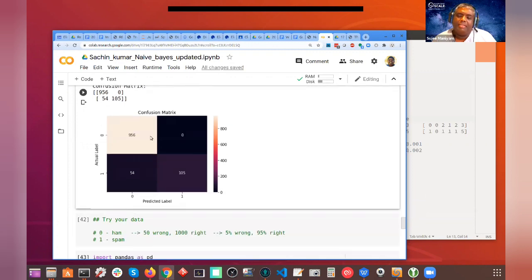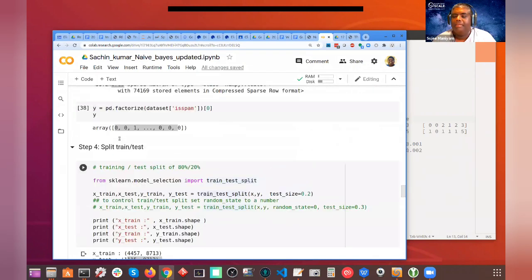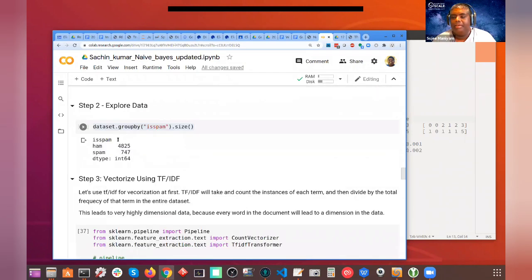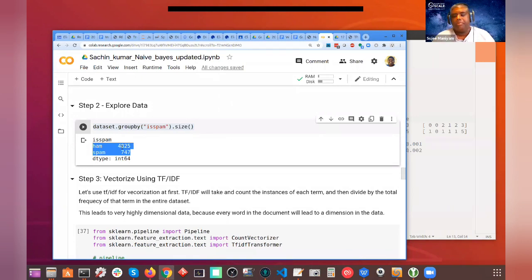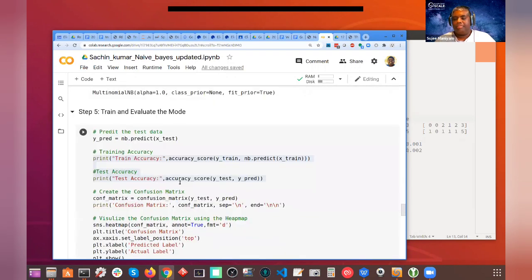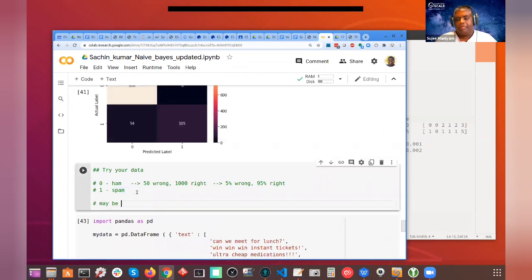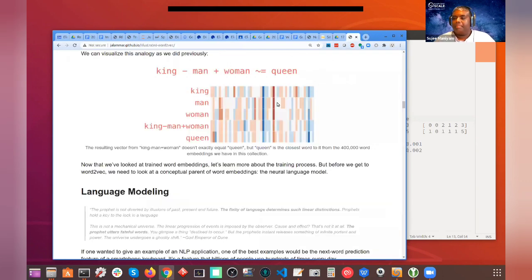So in this case, when you have lopsided data like this, sometimes accuracy may not give you a good measure. So maybe you have to look at recall and sensitivity. I'll put a note here for you guys. Remember, maybe recall, sensitivity. Look at these metrics. Remember the confusion matrix when you look at the